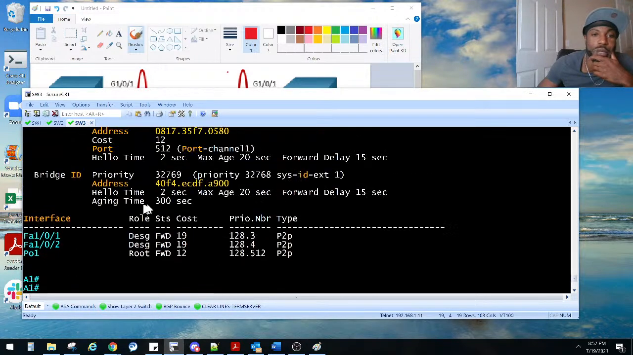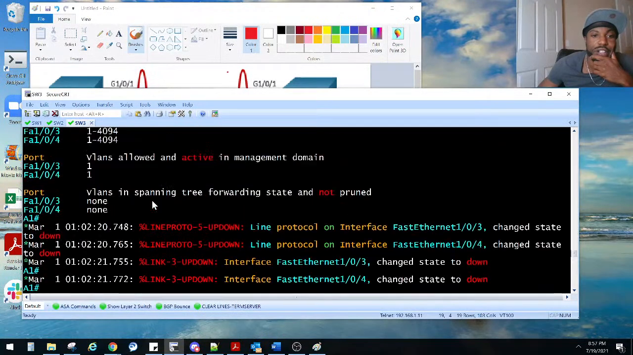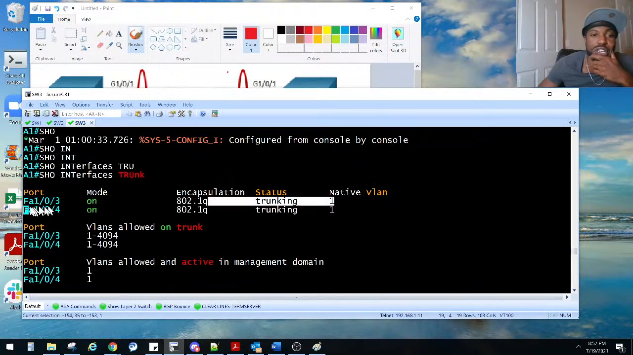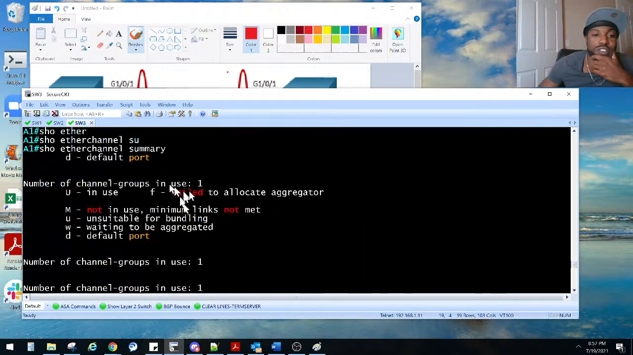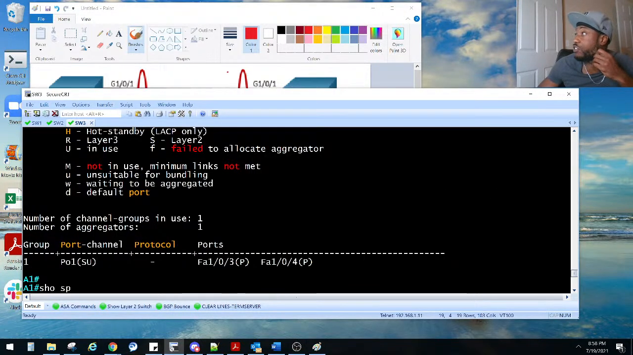Remember last time, how many trunks we had? We had these guys, 3 and 4 trunking. Now we check for the trunk. Remember it was 3 and 4. Now we just have one logical big port that's trunking. So now they want us again to change the